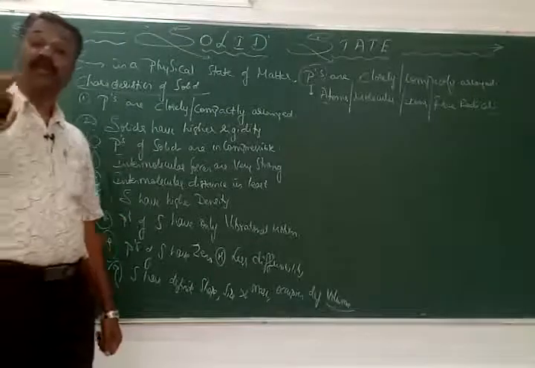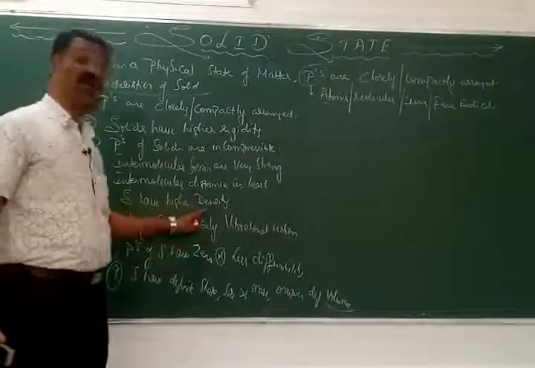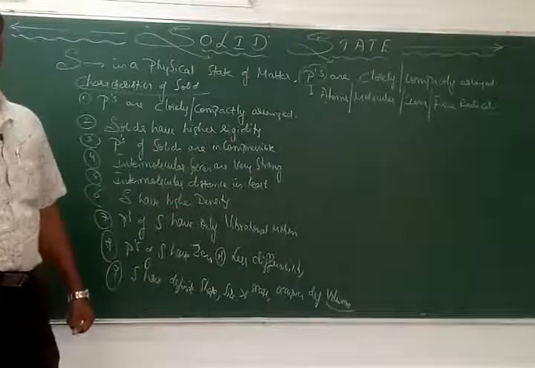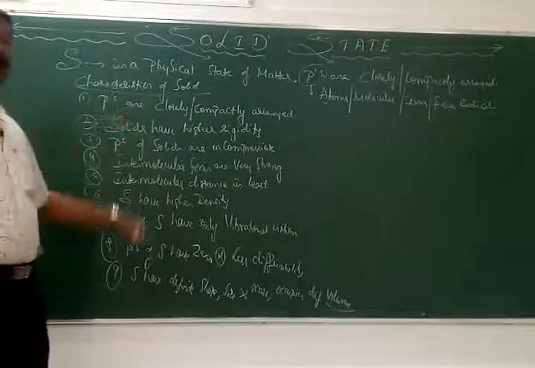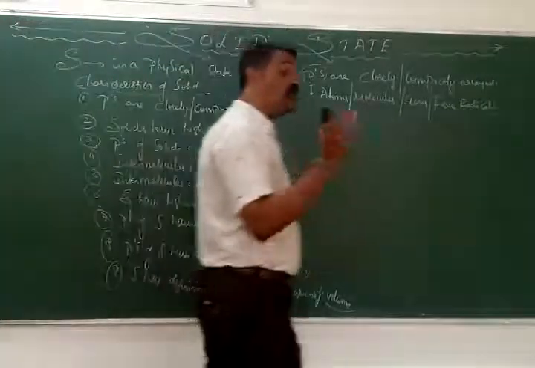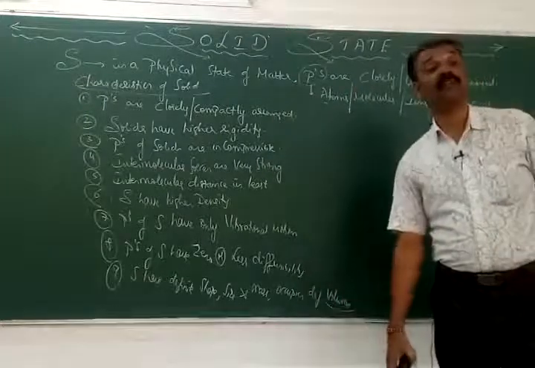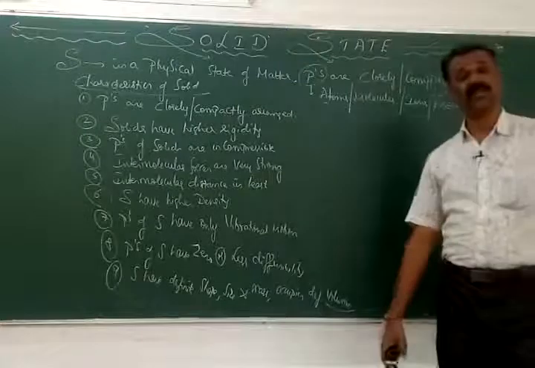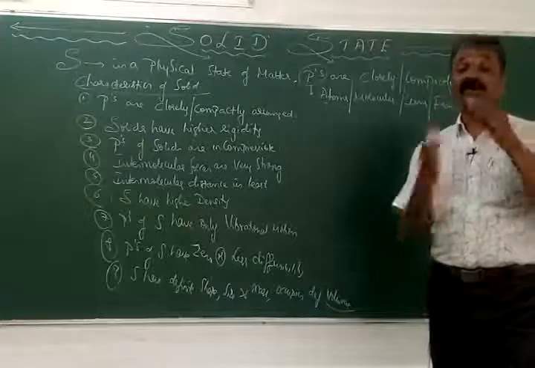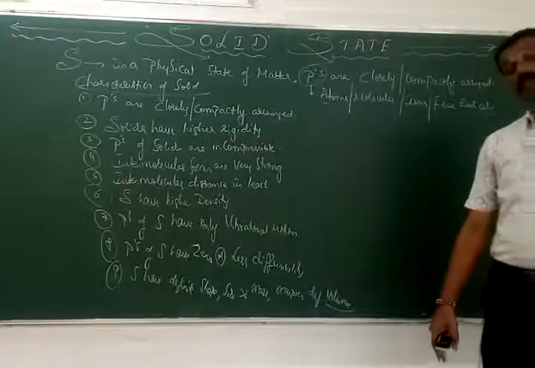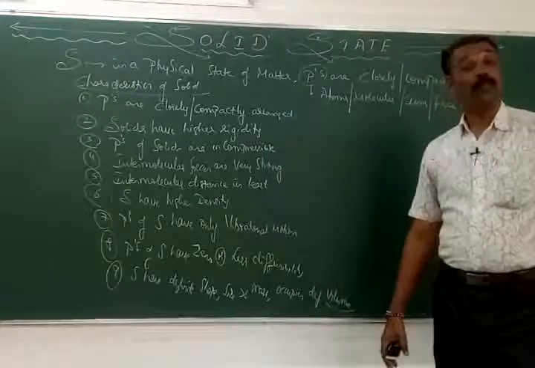The volume is going to be less, and the mass with respect to that particle arrangement is going to be higher. Therefore, they have the highest density. So these are the characteristic features of solids. The first one is that the particles are closely and compactly arranged. Due to that, the particles of solids have higher rigidity, meaning they don't change their position or move; the particles are highly rigid in nature.